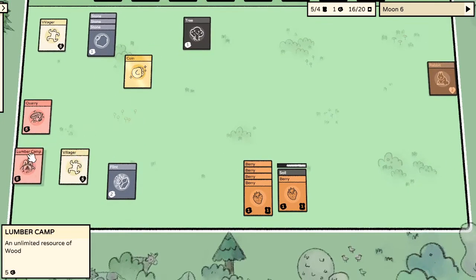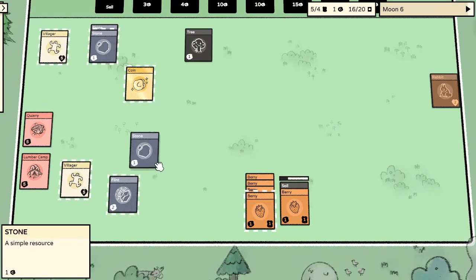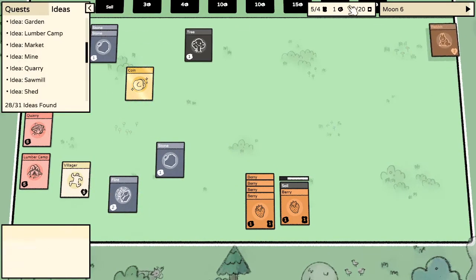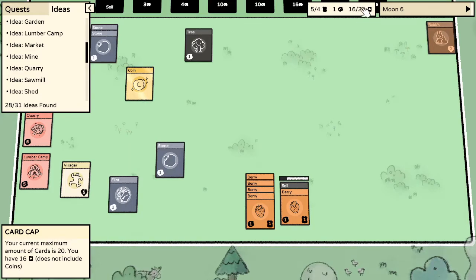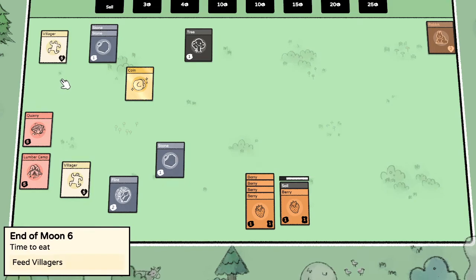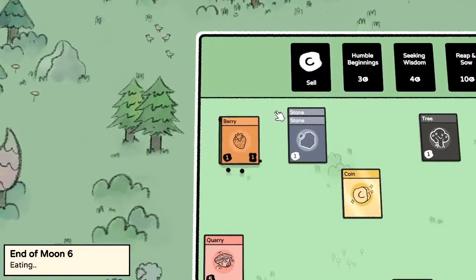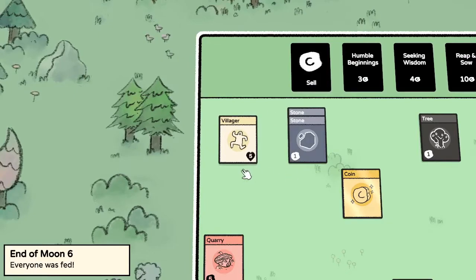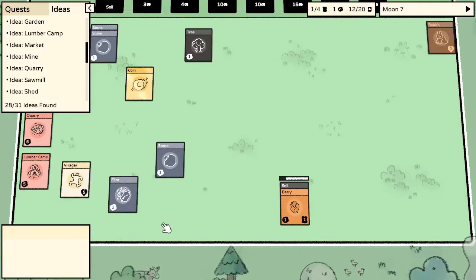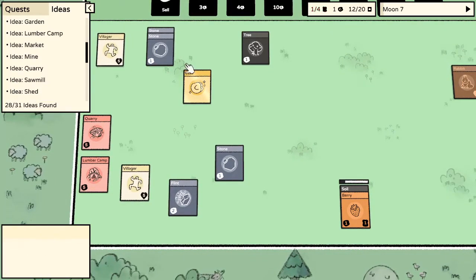All right, so we've got our lumber camp, we've got our quarry, good. And let's keep 1 stone. Now, the next thing I wanted to show you is you can increase this card cap. Very important. Shed. Maybe one of the most important cards in the game because it gives you the ability to increase that cap. Very important. And everybody was fed. That's good. And boy, we're already...